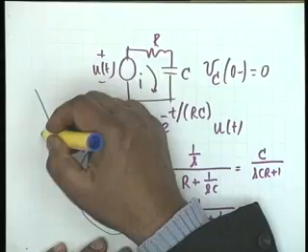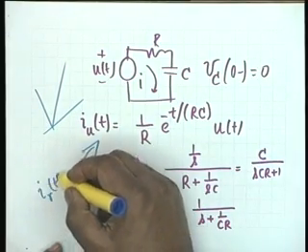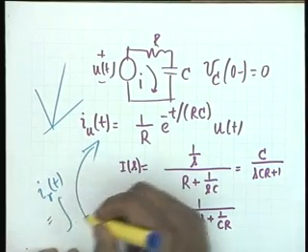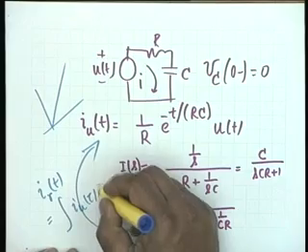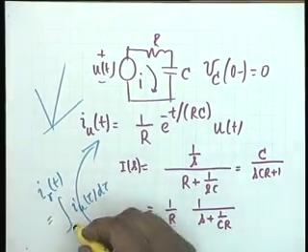On the other hand, if you know the step response, then you can find the impulse response by simply differentiating. If you know the step response, then you can find the ramp response. A ramp is a linearly rising function with an angle of 45 degrees, which is exactly the integral of u of t. Therefore, if you know I u of t, I r of t, the response to a unit ramp, would be simply the integral of I u of tau d tau, from 0 minus to t.